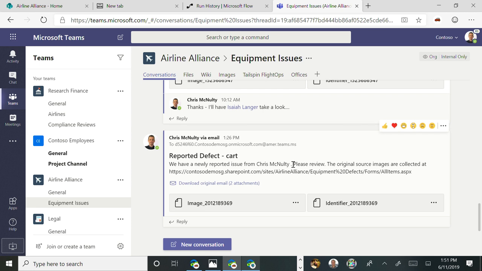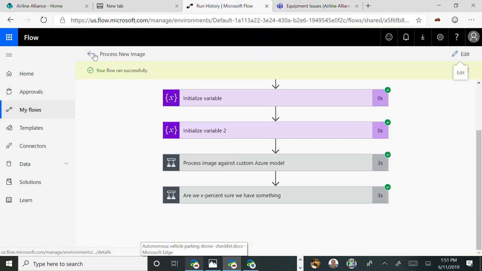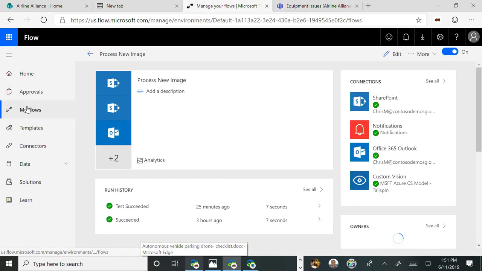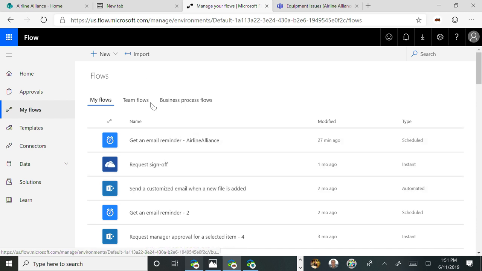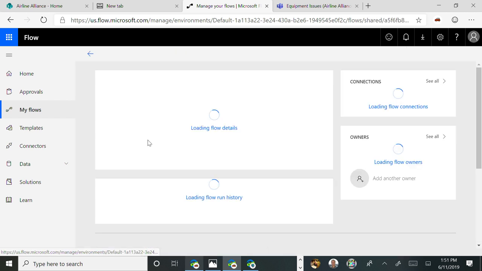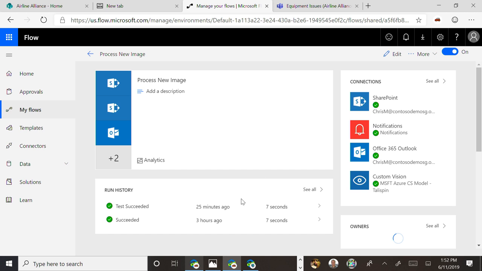I really want to talk, though, at core about how I'm able to, in the Power App session this morning, how I'm able to use Flow to connect between content that lives in Office 365 and Azure. And the key flow that I use for that is here, for processing a new image. You'll see this is the one we used before. It ran this morning. We ran a test successfully. Let's look at it in detail.